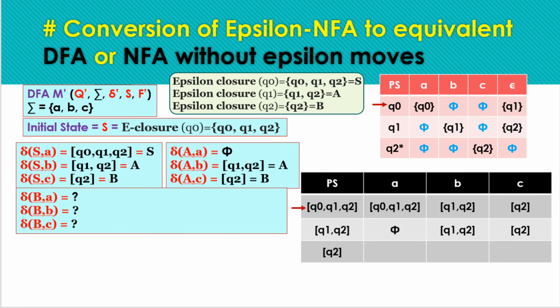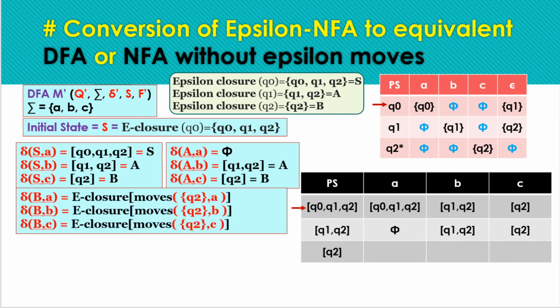Next, the newly identified state was B. So we have to find the transitions for input symbols from the state B. Now repeating the same process for input symbol transition from state B. B comprises only Q2, so we have to find the closure of this. We need not take a union with any other states for any input symbol, because the set comprises Q2 only. So here for input symbol A we have nothing, for input symbol B nothing, for input symbol C we have closure of Q2, that will be Q2, the same state.